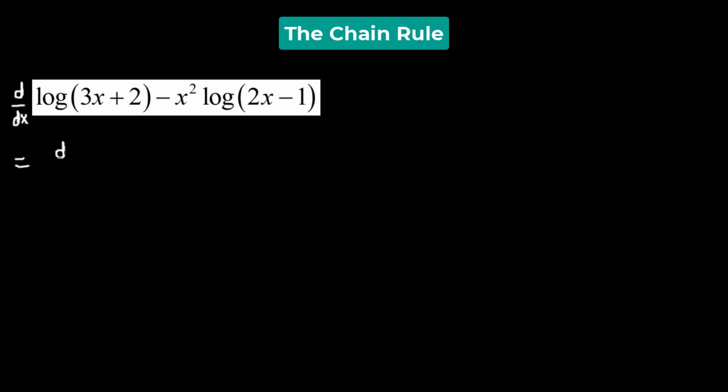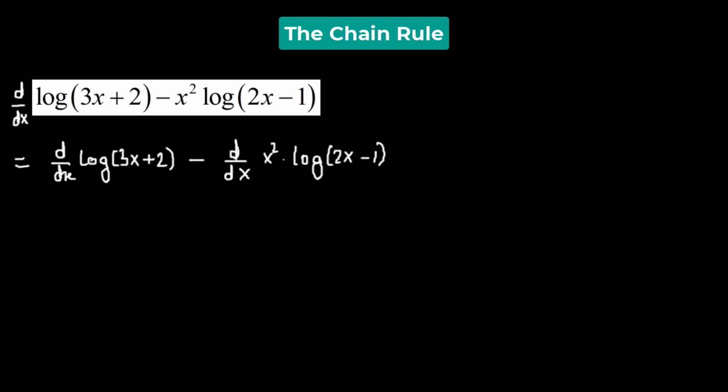So we have the derivative of log of 3x plus 2 minus the derivative of x squared times log of 2x minus 1. So here we have the product of two functions, so we'll need to apply the product rule. So we'll consider x squared as the first function and log of 2x minus 1 as the second function. So that gives us